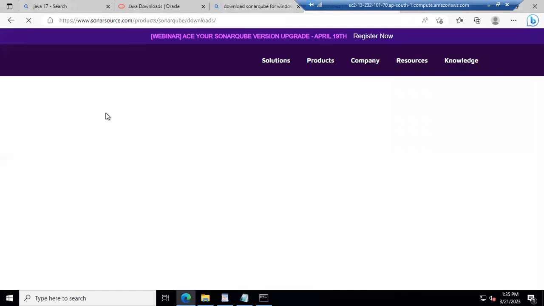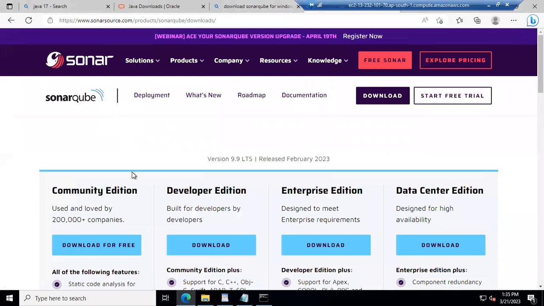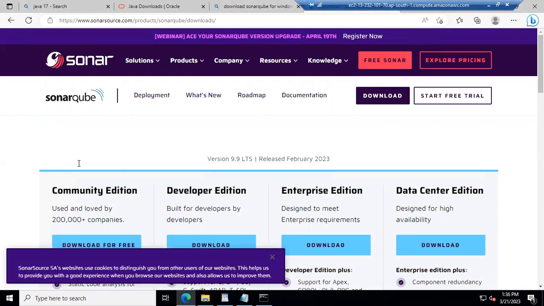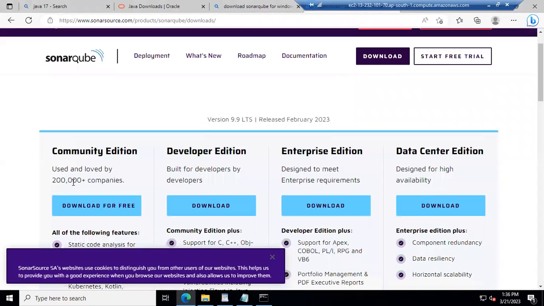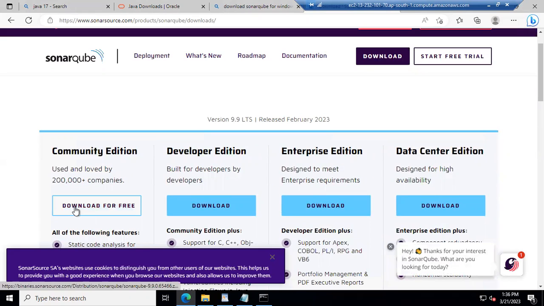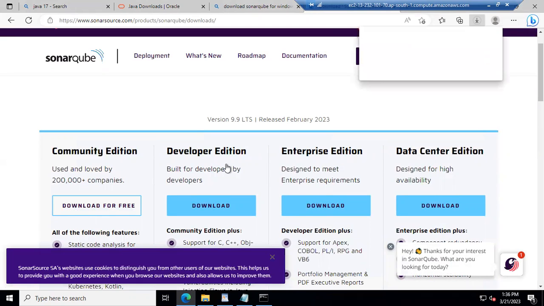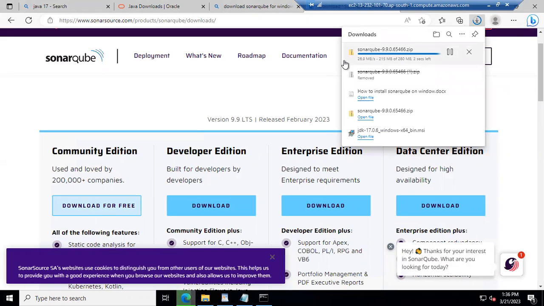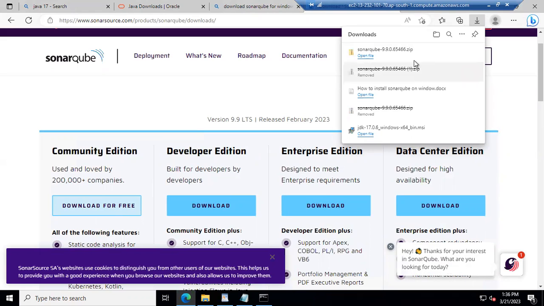Loading this page. Okay, now see, the different editions are present here. So I want to use this Community Edition. In that Community Edition, I click on this download for free. Okay, and it's automatically downloaded. Let's wait for the download of this file. Okay, it's downloaded. Open this folder